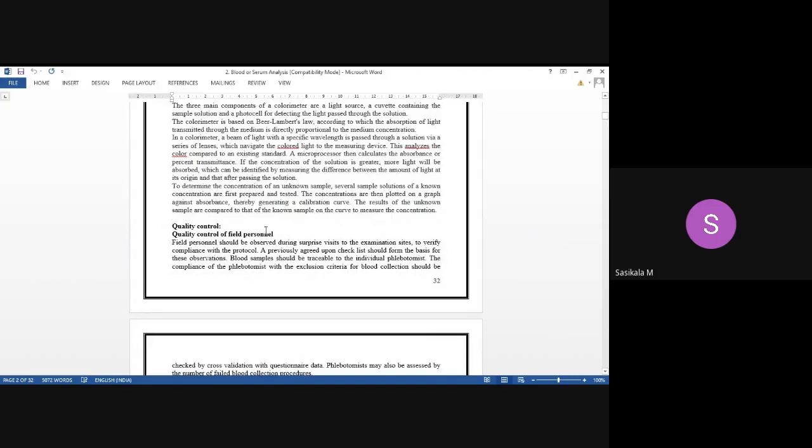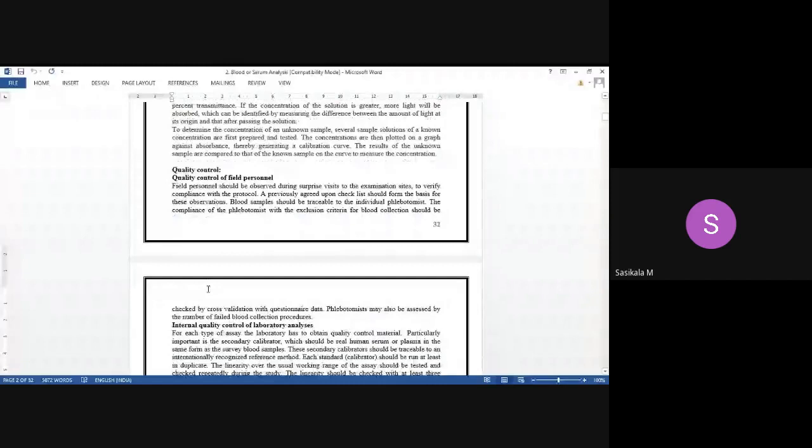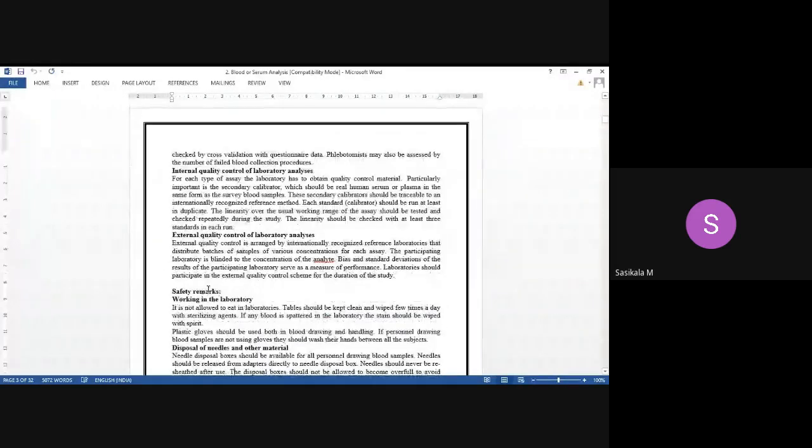Okay, and here are what are called quality control methods. Internal quality control and external quality control are there for checking the accuracy of the results. To check that, we have internal and external quality control laboratory procedures. We need to follow exact quality control procedures, then only can we analyze and meet the requirements for body fluids analysis. That's what is said in internal and external quality control of laboratory analysis.